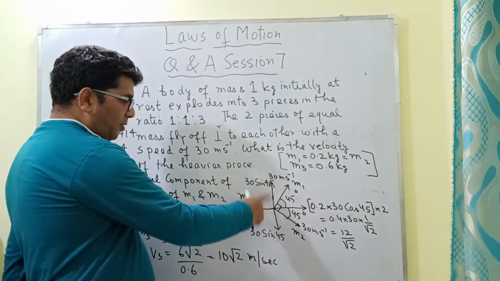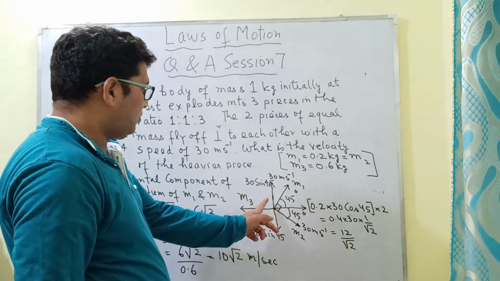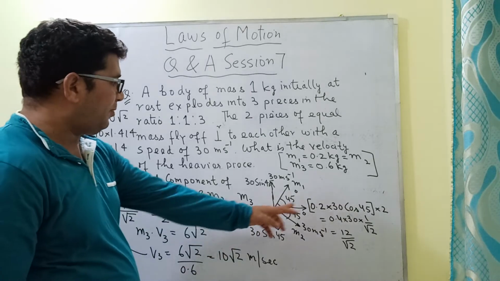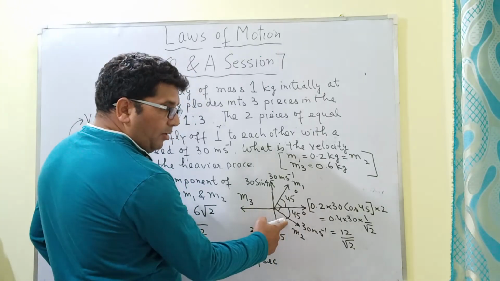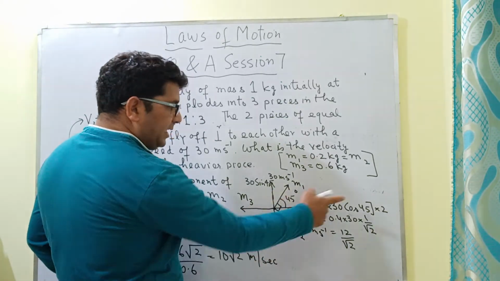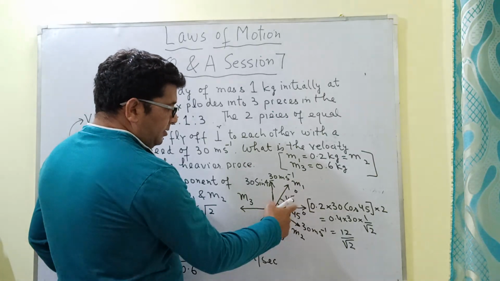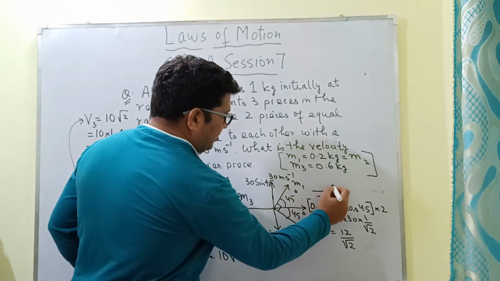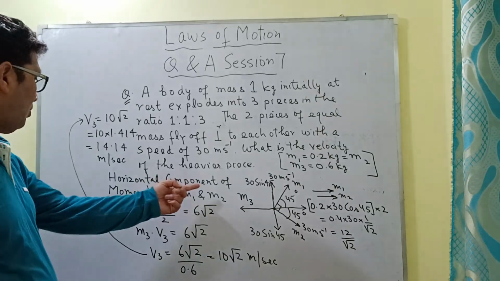इनका जो वर्टिकल कंपोनेंट है वही बराबर है, but since they are acting in the opposite direction, so as a result of that the momentum due to the vertical component of their velocity is getting cancelled out. खाली हॉरिजॉन्टल कंपोनेंट है, this m1 का जो हॉरिजॉन्टल कंपोनेंट है it is acting in this direction, and the horizontal component of this velocity of this m2 is also acting in this direction, so momentum दोनों का एक ही डायरेक्शन में हो गया, that is the horizontal component of the momentum, ठीक है, that is in this direction, m1 का भी इस डायरेक्शन में है और m2 का भी इसी डायरेक्शन में है, ठीक है।